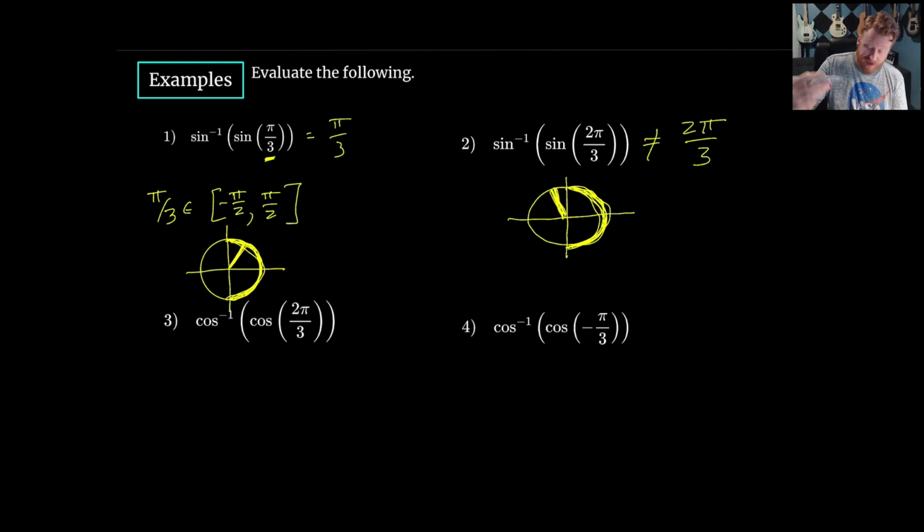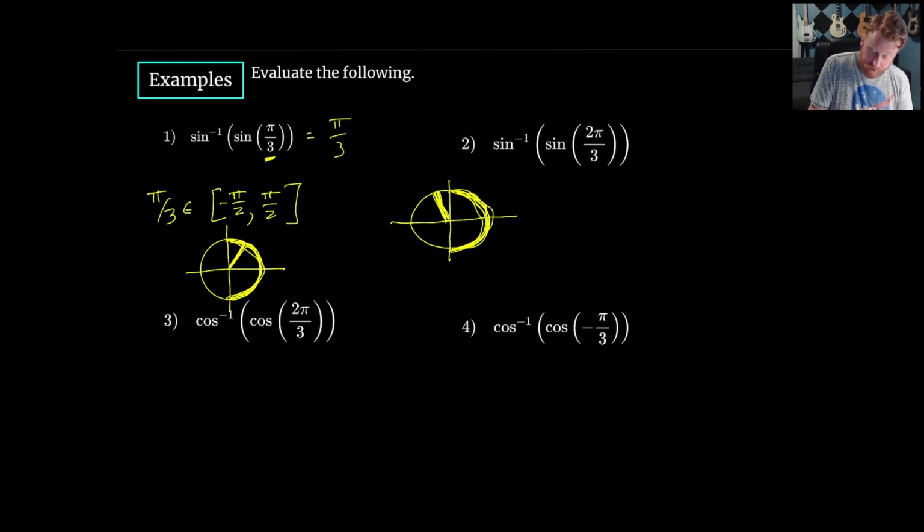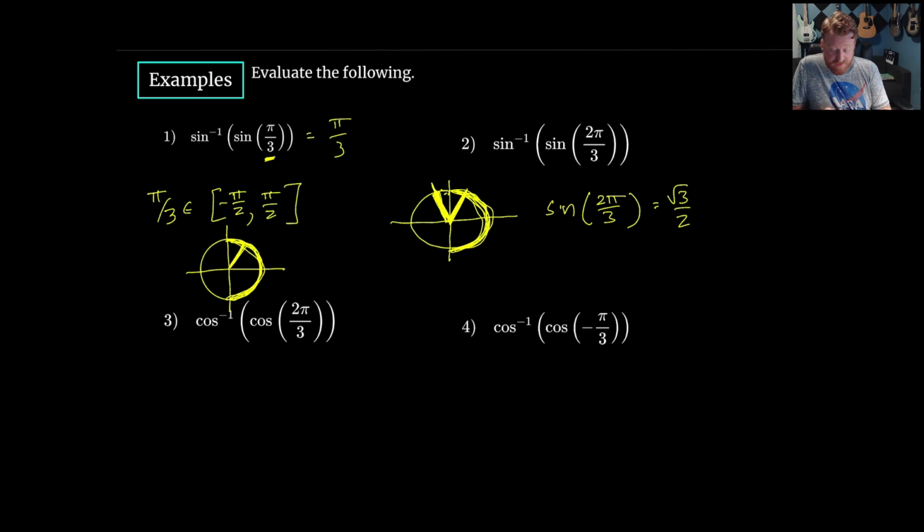So what we can do is just kind of chase things through, and we'll just evaluate one portion at a time, just like we would have to do in any other sort of function composition. So let me move this a little out of the way. So what we get here is that the sine of 2 pi over 3, so I'm just going to straight evaluate what this is. What is the sine of 2 pi over 3? And it is the square root of 3 over 2, which corresponds to some value over here. So we could just be looking at the sine of this angle,